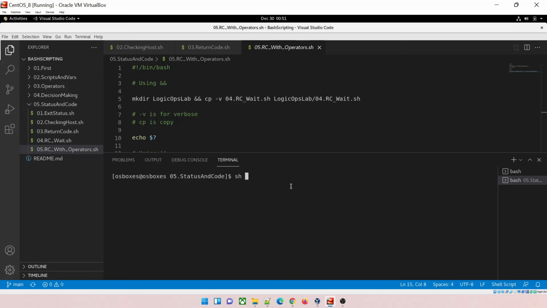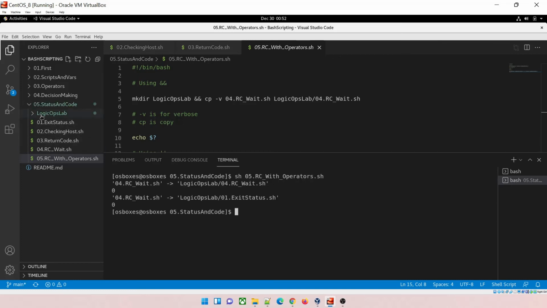So let me type, as I said, 05 tab enter. Now you can see there is a new folder got created, LogicOps lab over here. It was not there, and when I ran it, it happened. So what happened in the fifth line? It has created a directory named LogicOps lab, which is this.